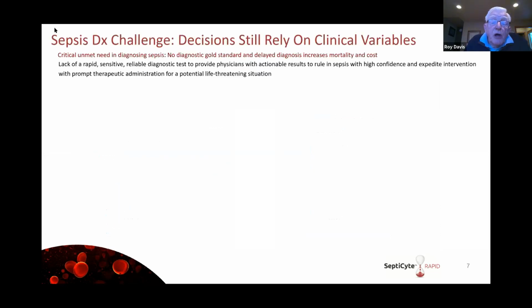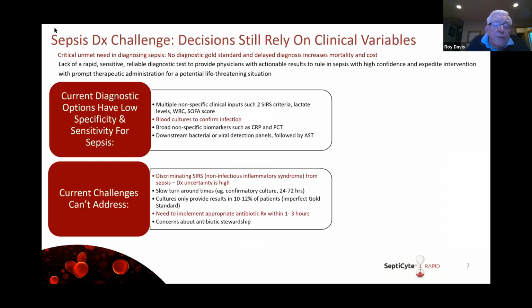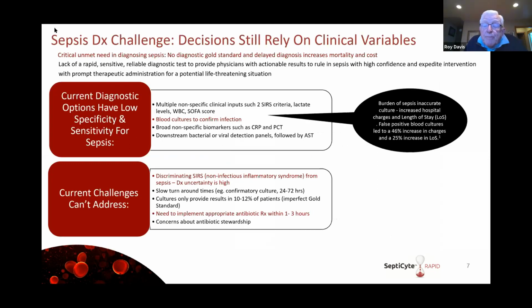So our decisions with regards to the diagnosis of sepsis still rely on multiple clinical variables that suffer from the disadvantages that they have low sensitivity and low specificity. For example, we use blood cultures as one of our confirmatory processes that take time. They are prone to contamination, and this increases hospital stay, difficulty in diagnosis, and length of